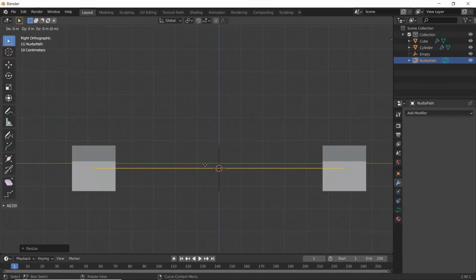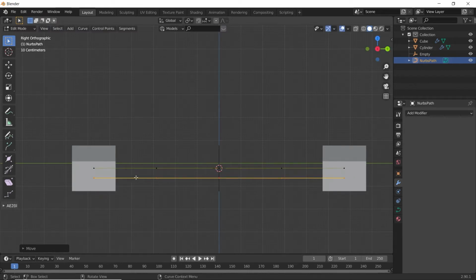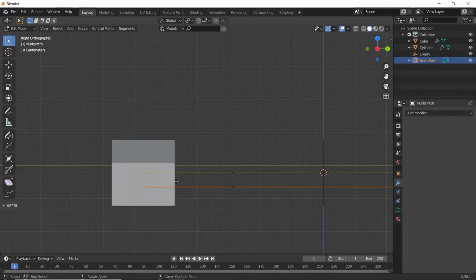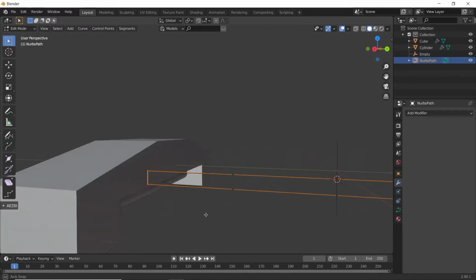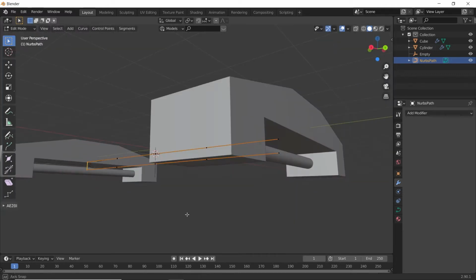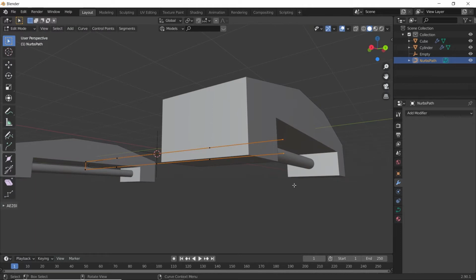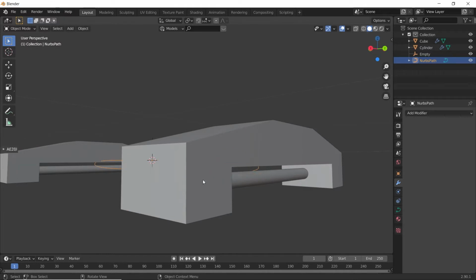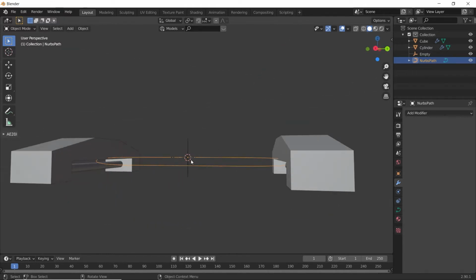Now duplicate it, let's place it here, select these two vertices, press F to join them, and select these two vertices as well, press F to join them. Okay, now we have the curve here.